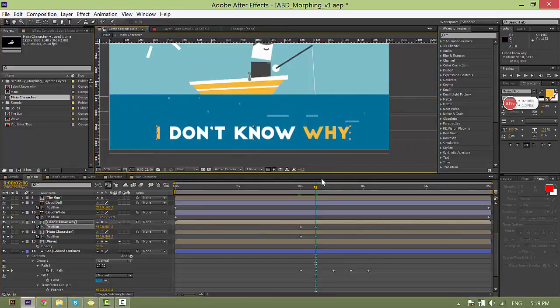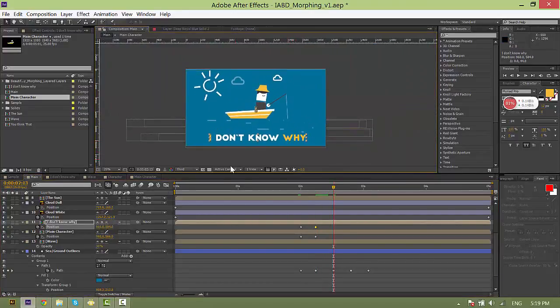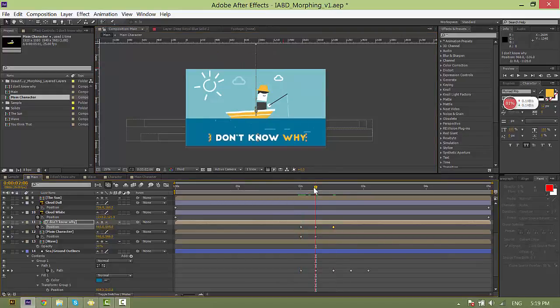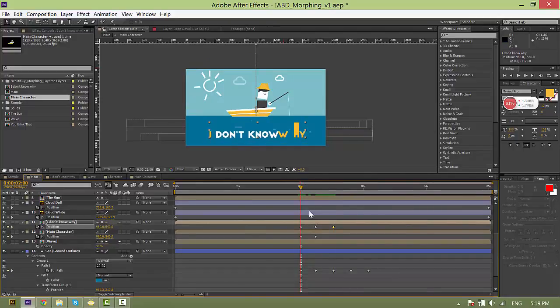This doesn't require too much accuracy, and then everything will rise up. The text "I don't know why" will rise up here. As for the boat, we won't have to do anything with it, because I will go into its comp and rotate it to morph into the car later. And when the boat is pushed up,